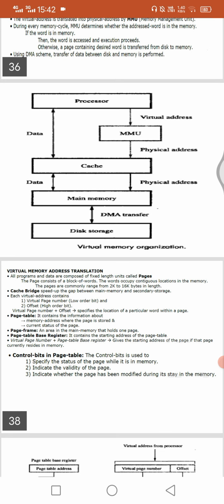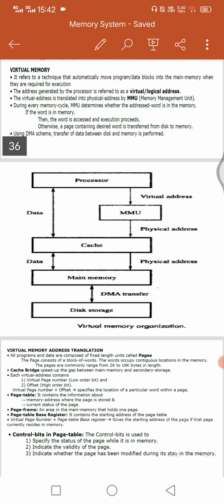Transferring data from main memory to the secondary storage in general takes a lot of time. DMA transfer is a fast transfer, that's why we use it here. So this is the concept of virtual memory. In general, virtual memory contains only addresses.